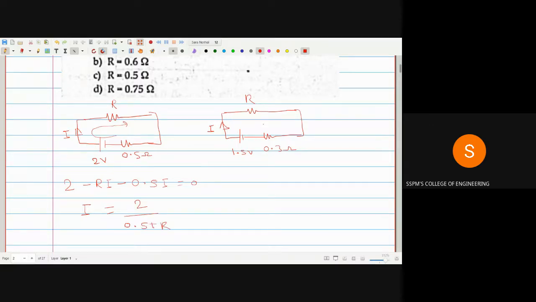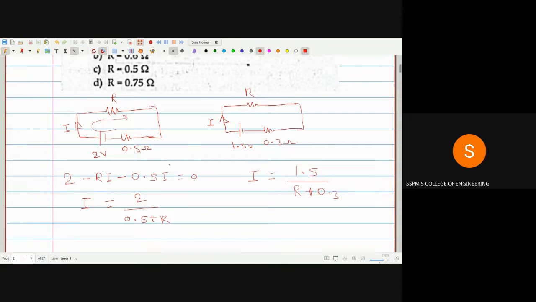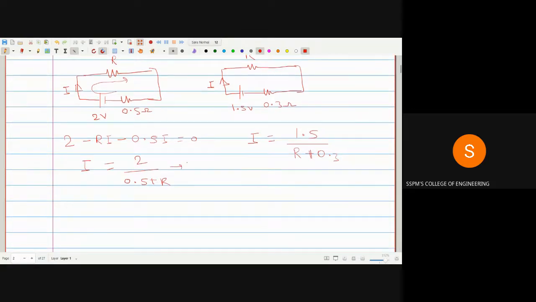Similarly, apply KVL to the second case. The equation for current is 1.5, the voltage source is 1.5 divided by R plus 0.3. Isn't it? हे आपल्याला दोन इक्वेशन मिळाले फॉर करंट. But for both cases, the current is same. So you can compare this equation number 1 with equation number 2. Both equations are same. So we can write one more equation, 2 upon 0.5 plus R is equal to 1.5